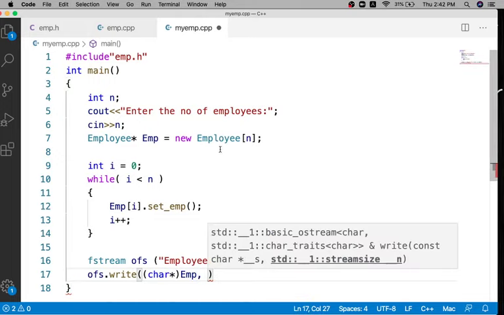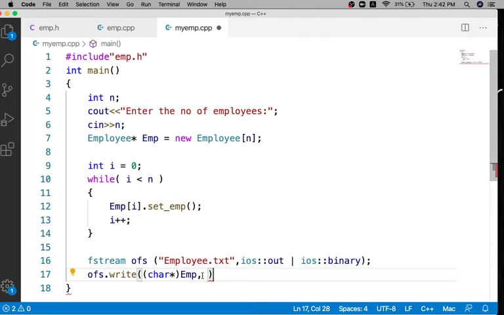So if it is a single variable or if it's a single object, then I need to give ampersand emp. Since it is a pointer, or if I'm going to use an array, by default the array name or the pointer is going to store the address of it, so it is just enough to give emp there. Okay, so let me say